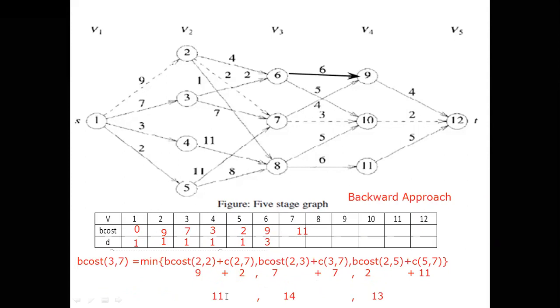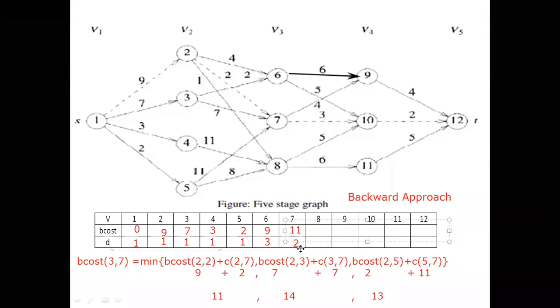For getting 11, from which vertex is it going to penetrate? This is the first one. From 2, it is going to penetrate. What should I write here? Because 2 to 7, this is the value we consider. That is the shortest path to 7. From 1. What is the value? 7, 11 it is getting. This is the path we are going to select from the source. 9 plus 2. What is 9 plus 2? It is 11. Up to 7, the shortest path we got is 9 plus 2 is 11. That is the value. What should I write here? It is 2. Right? I will adjust this value.